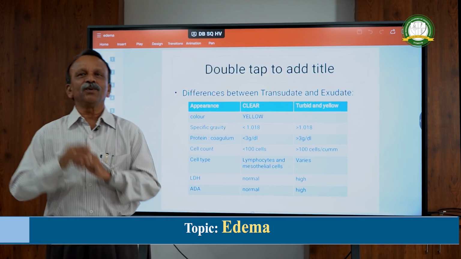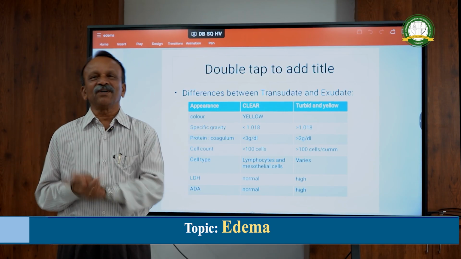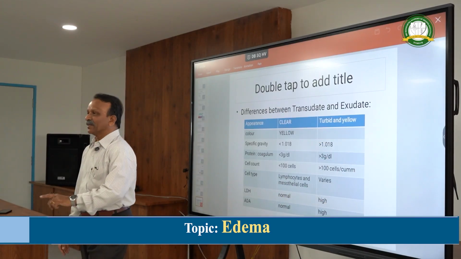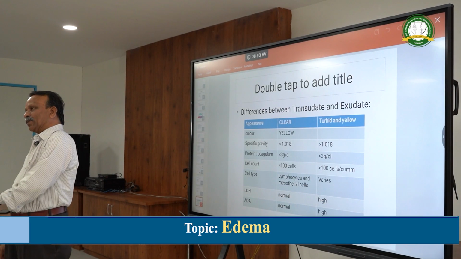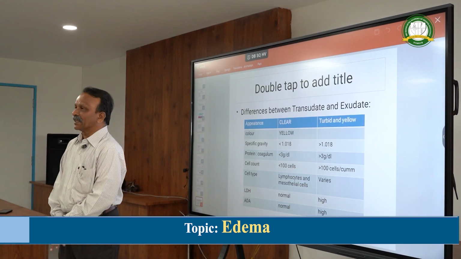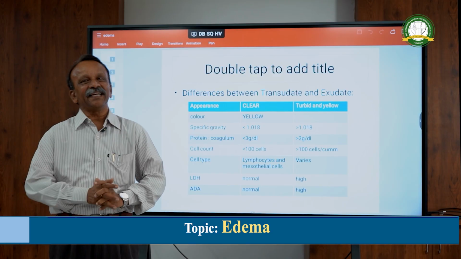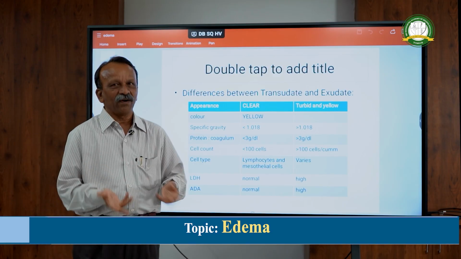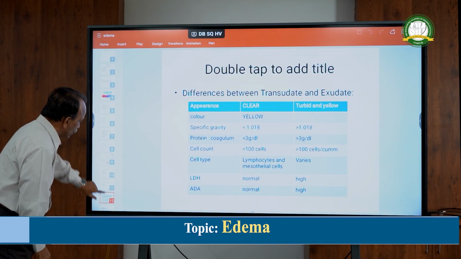It is important to know whether the patient has got tuberculosis. If ADA level is high in case of exudate, it suggests it is tuberculosis, but it is normal in case of a transudate. So nowadays, some clinicians are asking for this ADA, some clinicians do not want that. Okay, that is about the